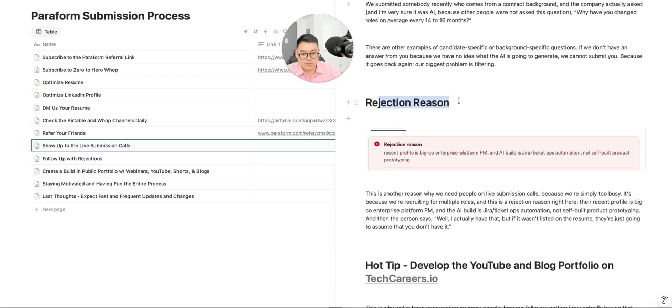Other things here is rejection reason. This is something that we're going to go out there and work to overturn, but we actually have done so successfully in the past, which is recent profile is from a big co-enterprise PM. AI build this Jira ticket ops automation, not self-built product prototyping. Turns out this person has a bunch of stuff on Replit and Lovable, and this is actually why it's very important